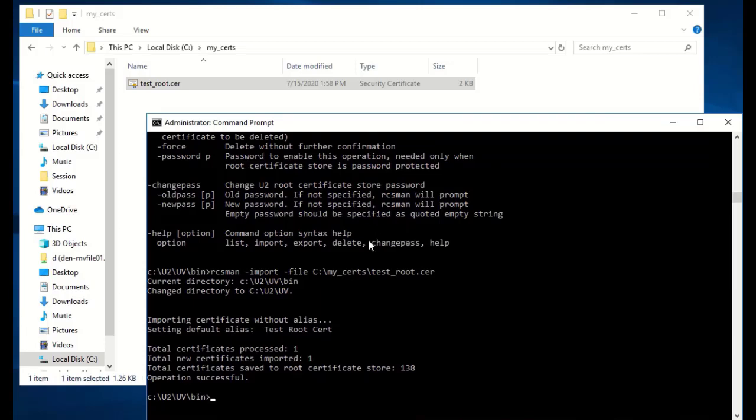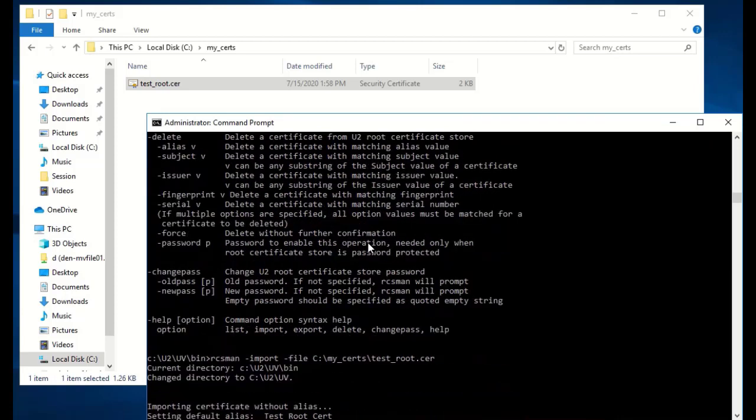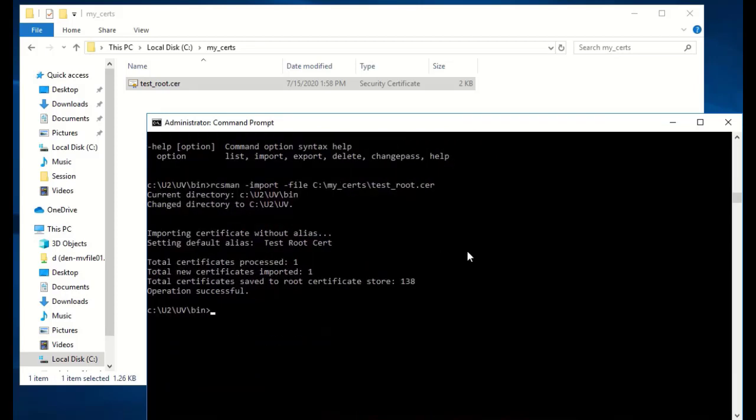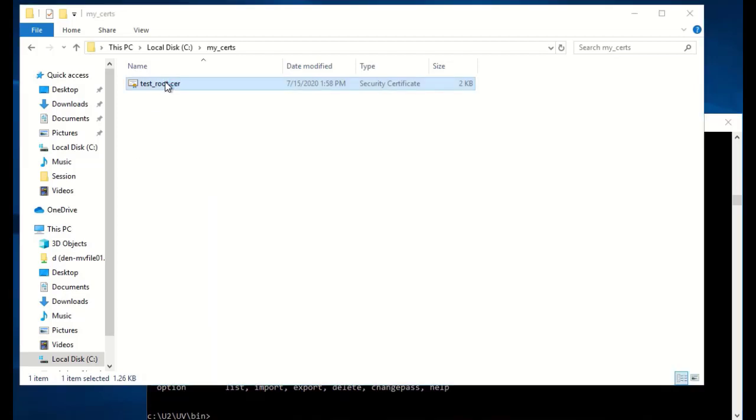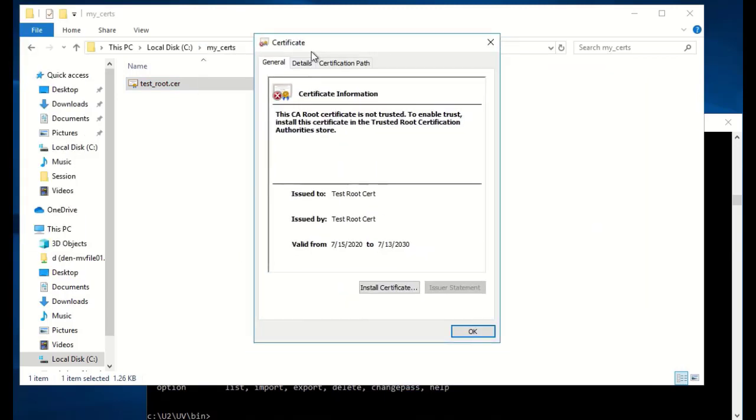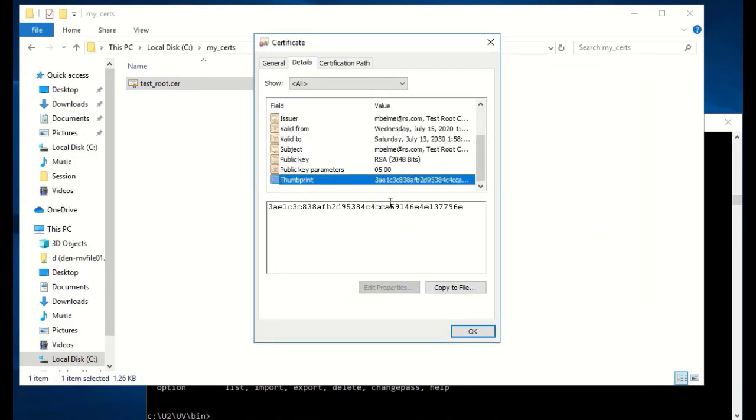I'm going to just show real quick how to delete that now, if you wanted to get rid of a certificate. So if we go back to the help, you're going to look at delete. You can use any one of these options. There is a little caveat here because I tried earlier, before I went on to this demo, to match thumbprint or fingerprint. It's the same thing. I tried just using this number copied, and that actually did not work, because